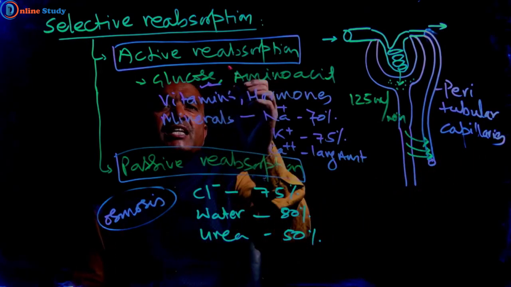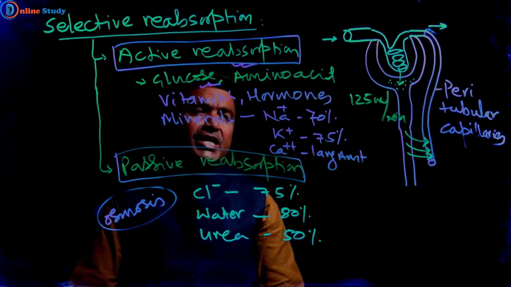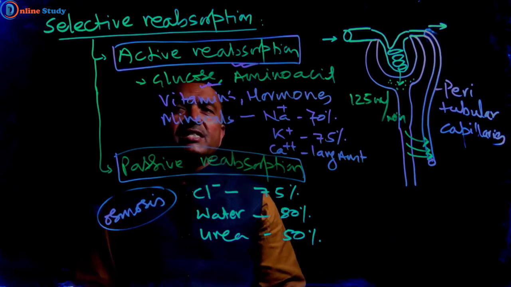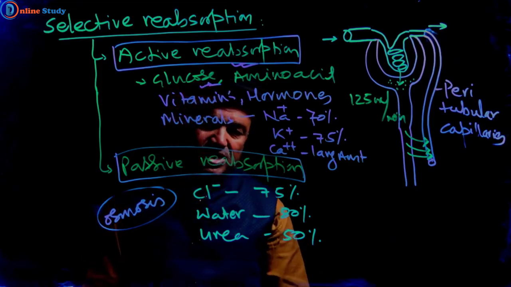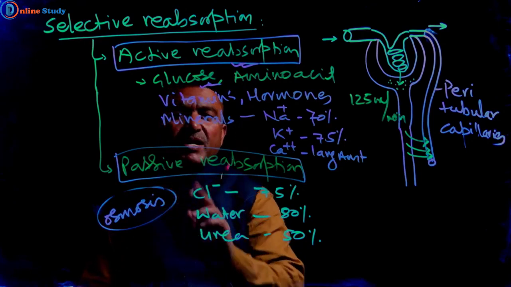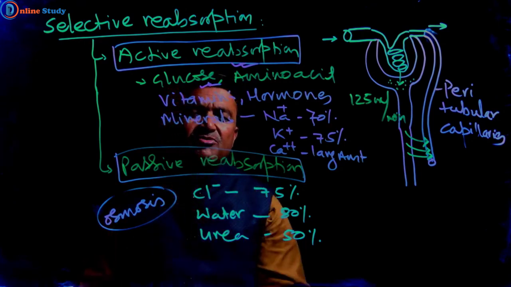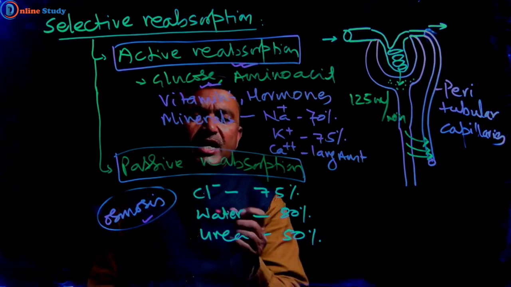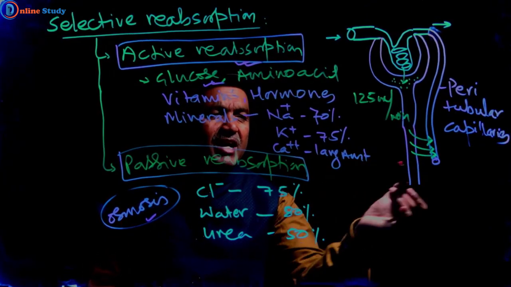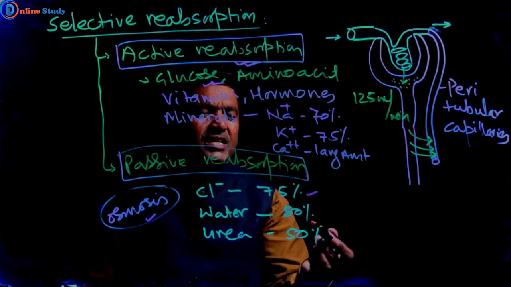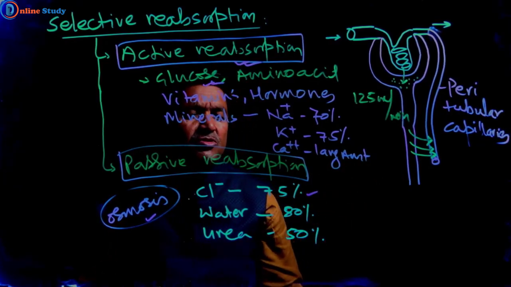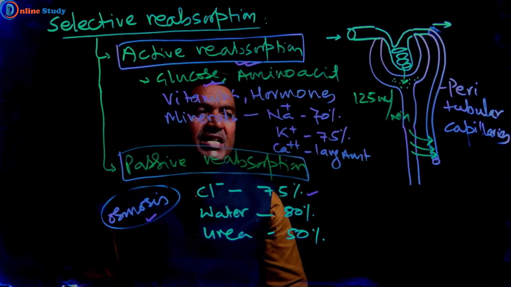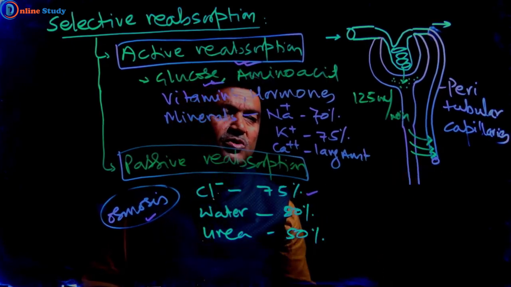It takes place in the active reabsorption process, or we can say active transport process. Now let us discuss passive reabsorption. Passive reabsorption takes place by the process of osmosis. No energy is required. Here 75% of chloride ion is reabsorbed, 80% of water is reabsorbed, and 50% of urea is reabsorbed. So this process is called